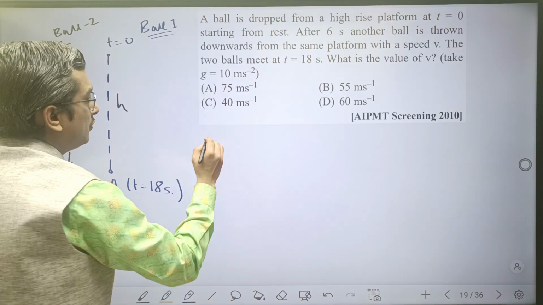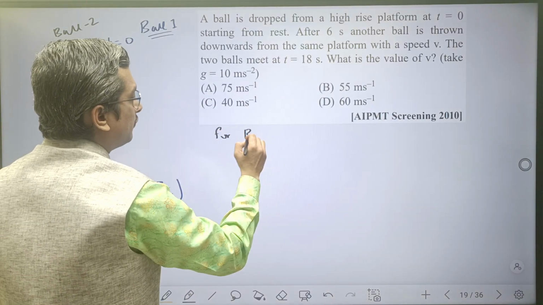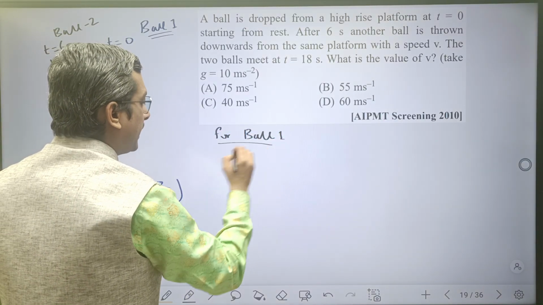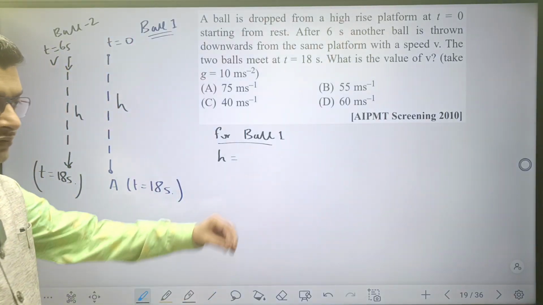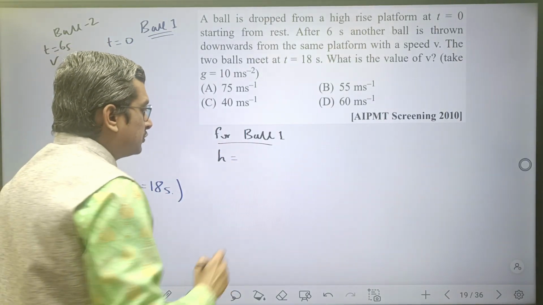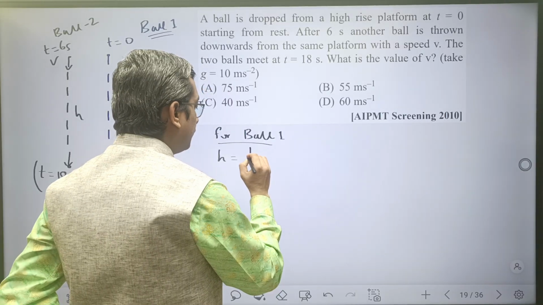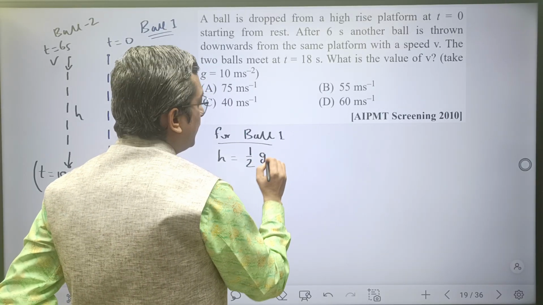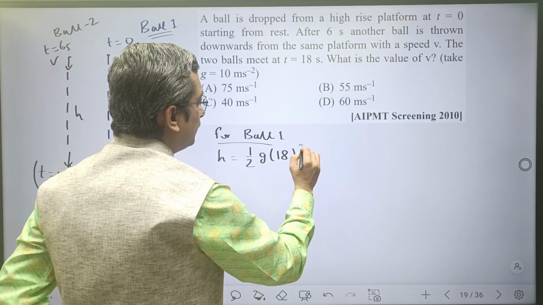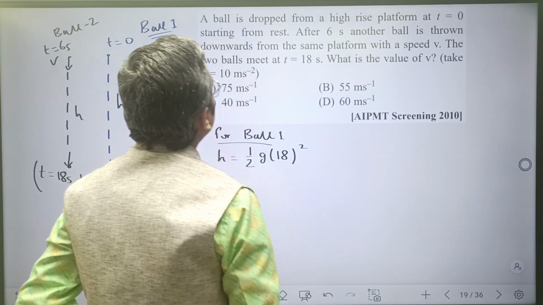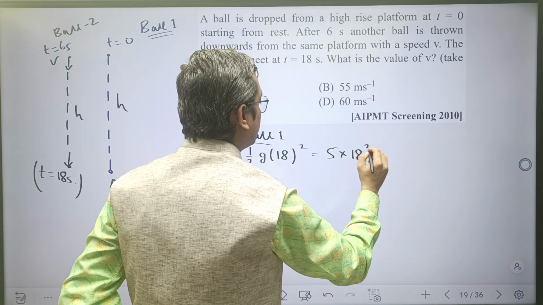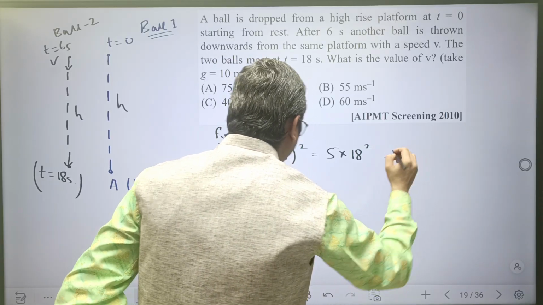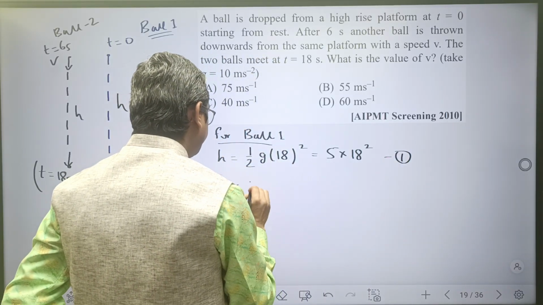So for ball 1, if I wish to find h, since the initial velocity is 0 because it is being dropped, this will be ut plus half gt square. So this is half g and t is 18 square. We have to take g as 10. So this is 5 into 18 square. Equation number 1. Now for ball 2,